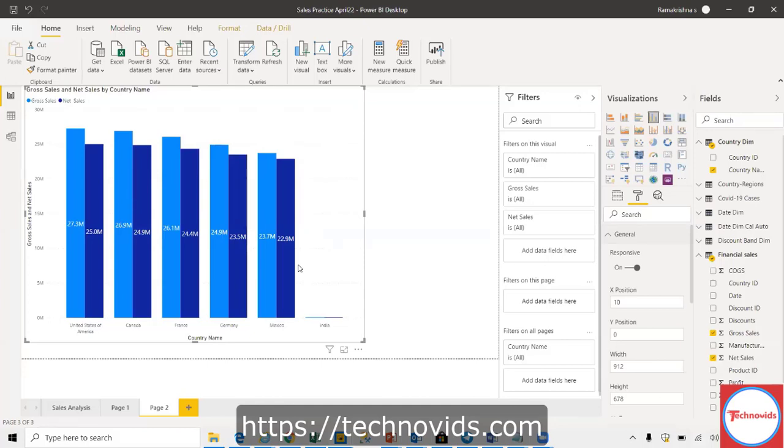Due to whatever reason, maybe his commission is different from my commission. Maybe his salary information is also there somewhere, so I shouldn't be able to see another person's salary information, right? So there is some confidential information which cannot be seen by everyone in the company. I'm just giving a crude example. That may not be exactly the case, but that's how it is. Depending on the hierarchy in the company, the access level keeps changing.